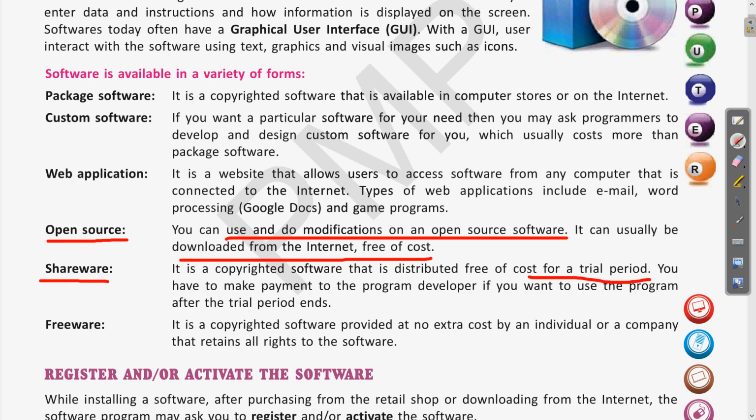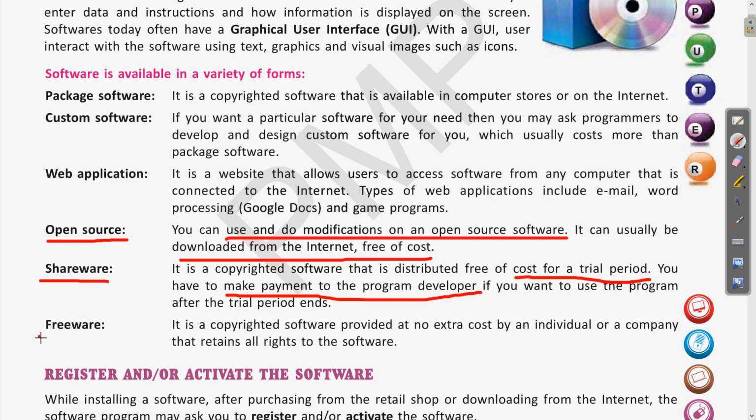So after 4 or 5 trials, when you have accessed the software that many times, then the software asks you to purchase the license or to upgrade the software. Clear? And this can be done by making some payment to the software developer or to the specific company. Clear? So such types of software are called shareware.